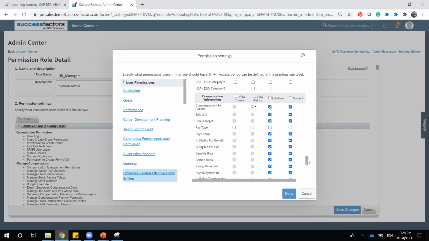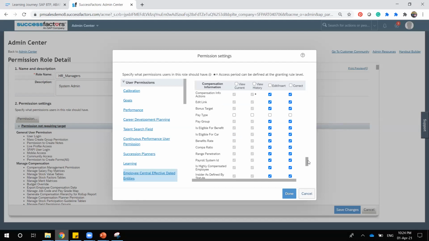Yeah. So this has actually been randomly given all the permissions, but ideally in an ideal environment you will not be given all the permissions, right? So here I have given everything. But ideally in a typical environment you have to discuss with your HR during your workshop. All the business users will be sitting together, and you decide what permissions are to be given or not given. You have to take a note of it,